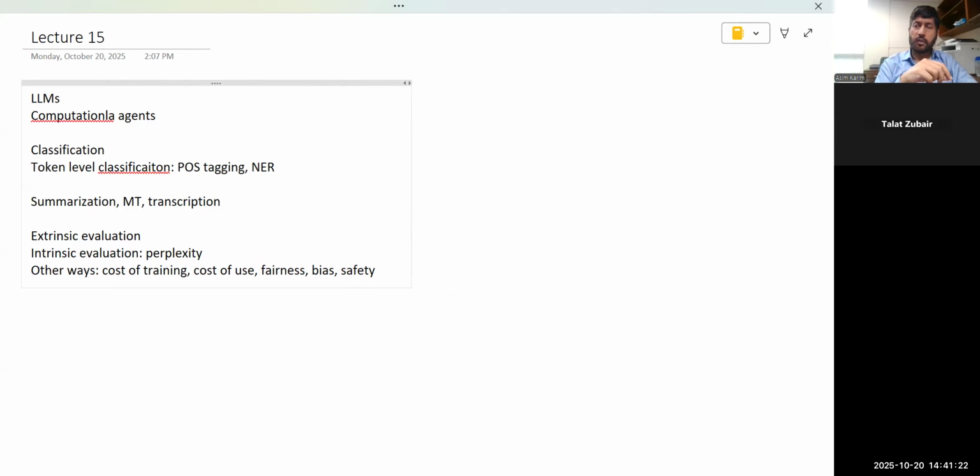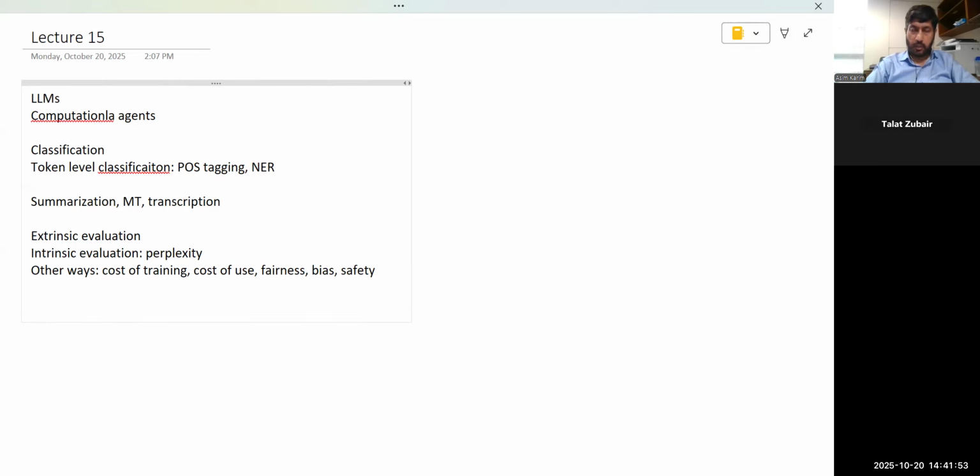And then, of course, other measures like how much it cost to train this model, what the cost of using this model is, how big the model is. Of course, how big the model is is usually determined by the number of parameters that need to be trained. And we'll see shortly how many parameters they typically have. And then other issues like safety and harm that is associated with large language models.